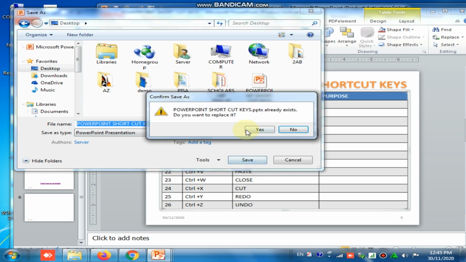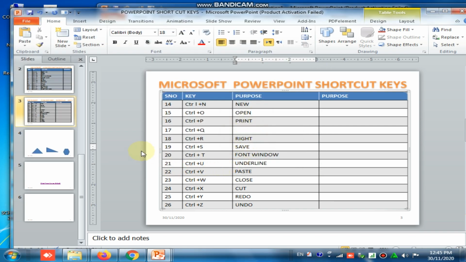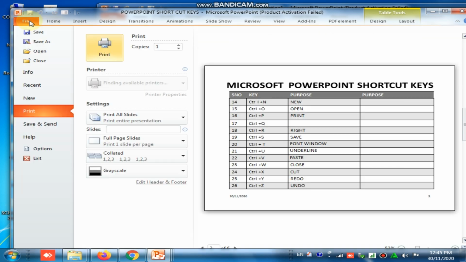Already it is saved. I want to rename, Control plus F12, save as, which means you can rename. And if you want to print the slide, just press Control plus P.